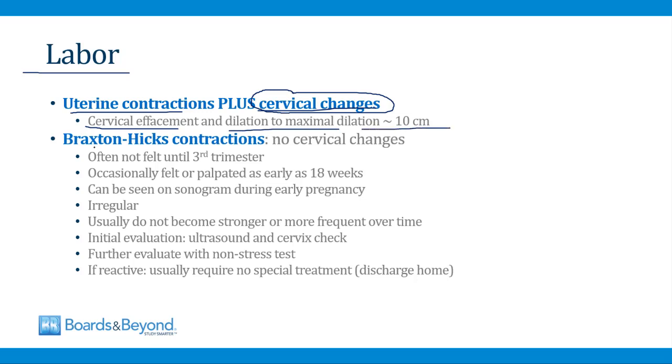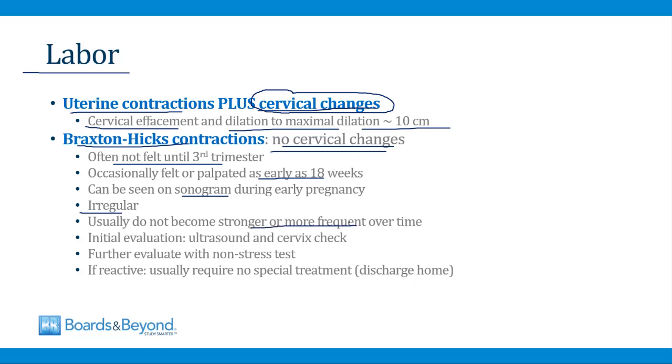Many women during pregnancy experience what are known as Braxton Hicks contractions. These are uterine contractions not associated with cervical changes. Often these are not felt until the third trimester, although occasionally they can be felt or palpated on the abdomen as early as 18 weeks. They can often be seen when a woman is having a sonogram during early pregnancy. Besides being associated with no cervical changes, Braxton Hicks contractions are usually irregular and they don't become stronger or more